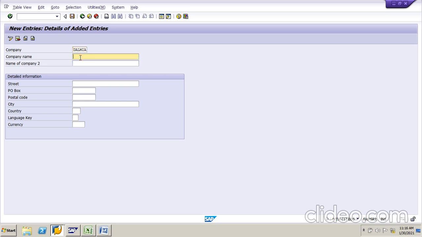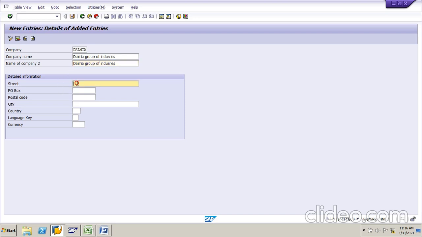So company name is Dalmia Group of Industries. Company name 2 is if you have any alias company. So if there is any alias company, here we have to give. So we have the same name.